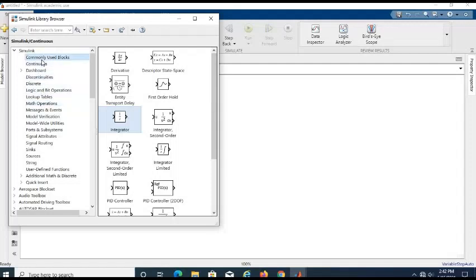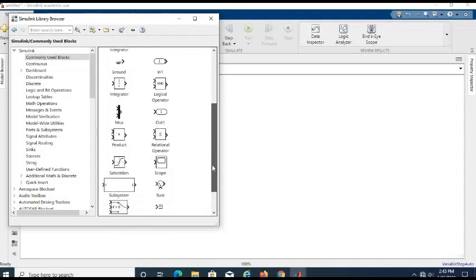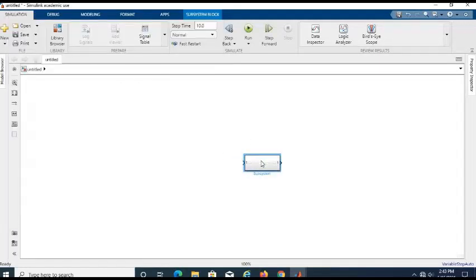We come into here, we look at subsystem, and we add it into the block model. Okay, it is the subsystem. We click the subsystem here, related to the model that I had previously.